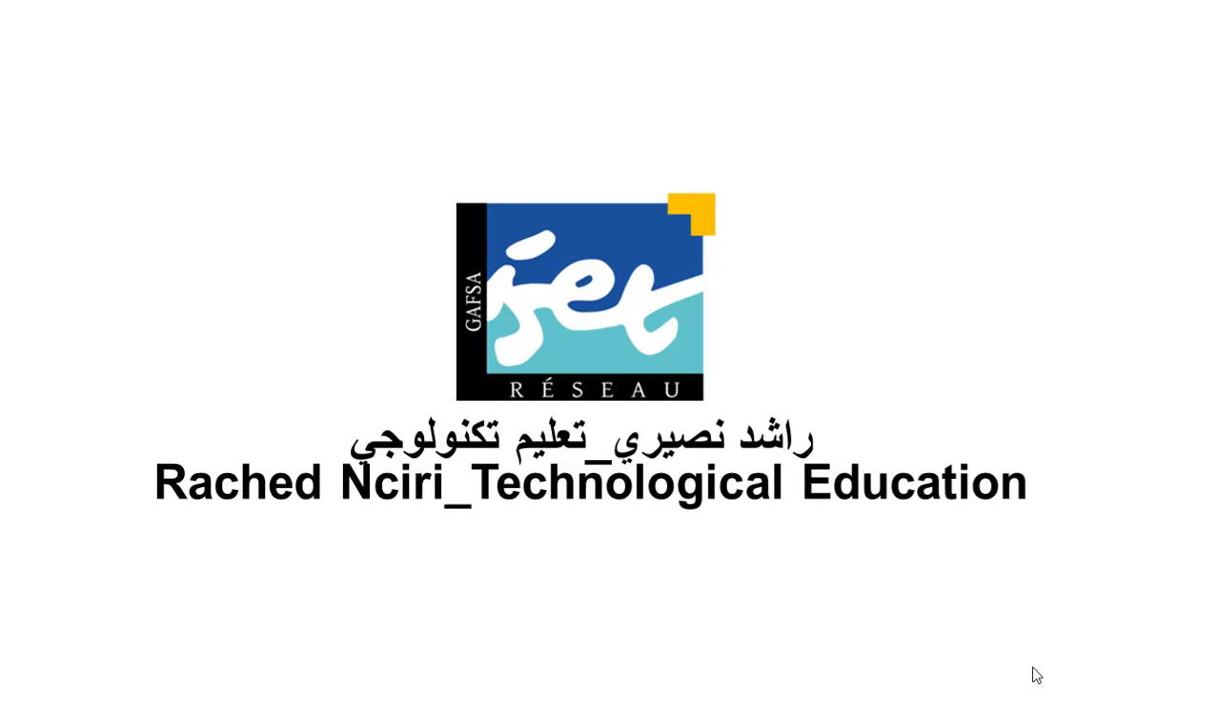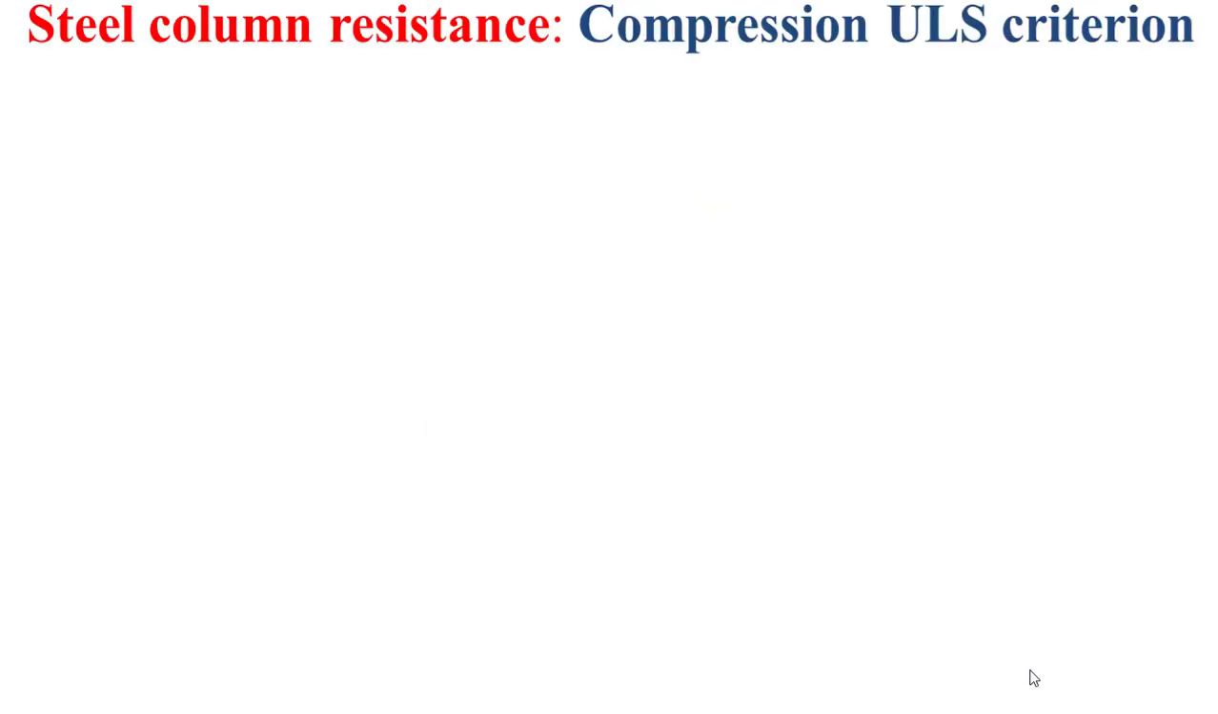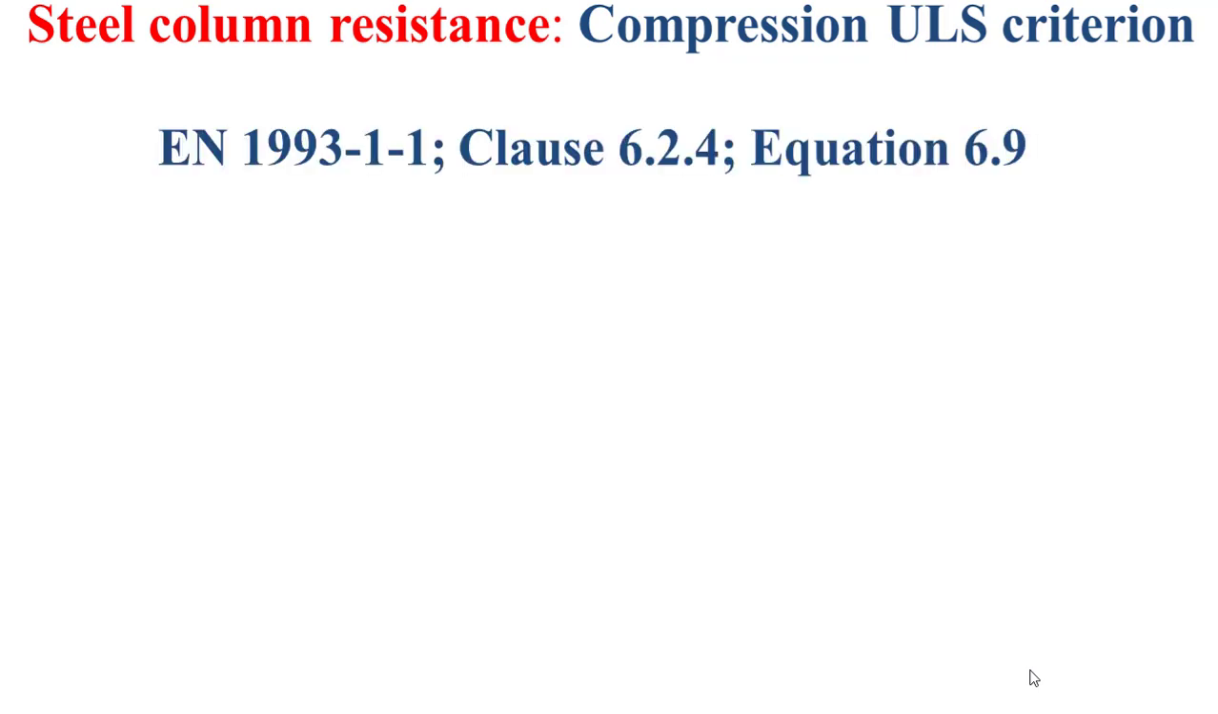Hi students, I'll try in this educational video to technically introduce the steel column resistance under the ultimate limit state criterion associated to the compression force, of course, as simply and as clearly as possible. Okay, let's go. Based on the Eurocode 3 standards associated to the European Standard 1993, the ultimate limit state